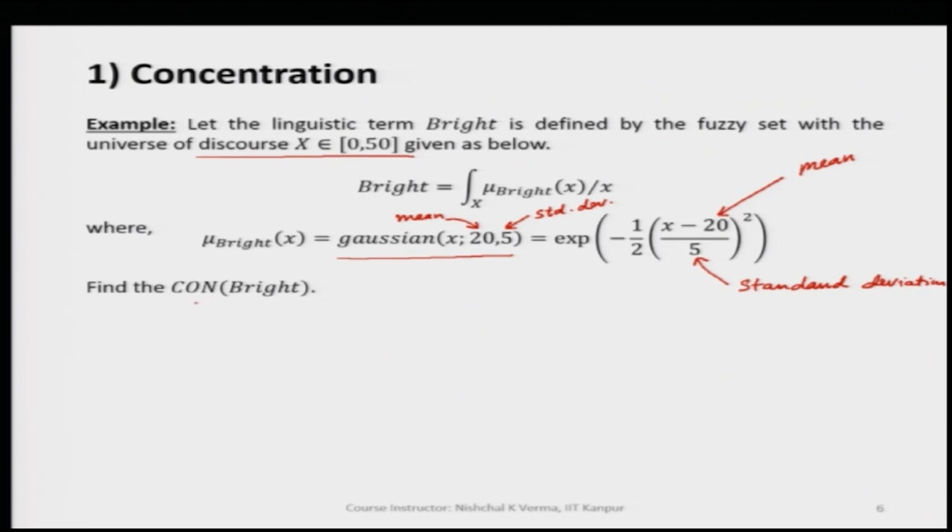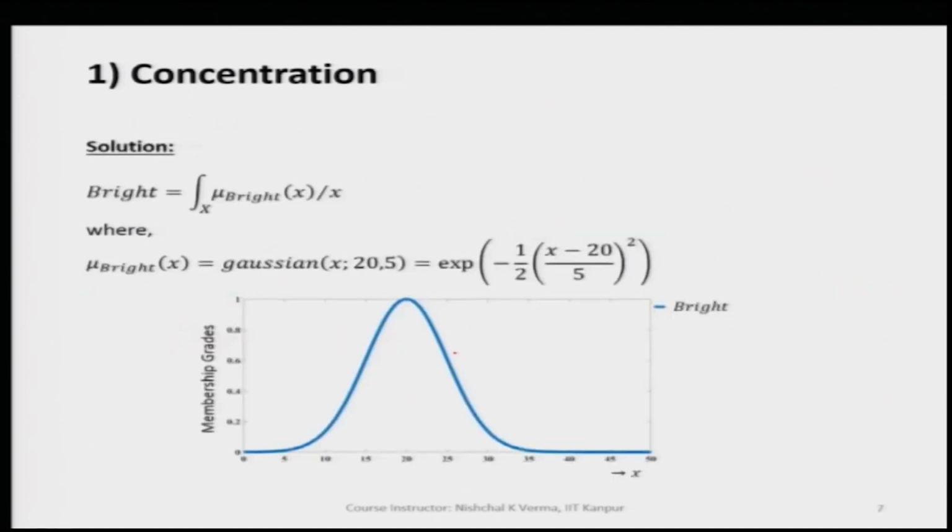So, let us do that. We will write the concentration of the bright fuzzy set as cons of bright, like this. When we do this, let us first take the fuzzy set which has been given to us. Let us first understand the continuous fuzzy set for the linguistic term bright. When we plot the bright fuzzy set, it looks like this, and this is nothing